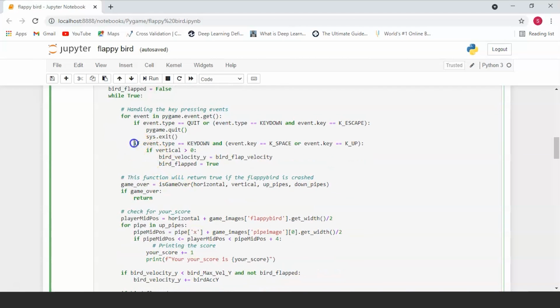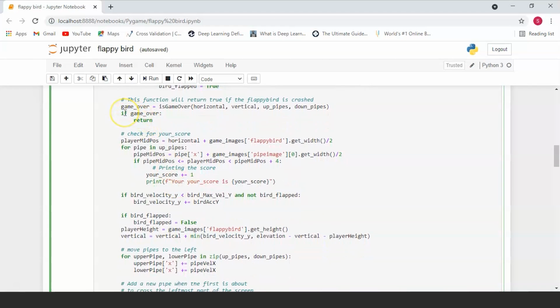So this will basically help your bird move forward. So basically what is happening here is that we're going to be getting the keys that the user has pressed, and if they've pressed the quit key, we're going to quit the program, and if they've pressed key down and space or key down and the up key, we're going to make sure that the bird starts moving in the y-axis as well as it starts flapping its wings and moving along in the x-axis.